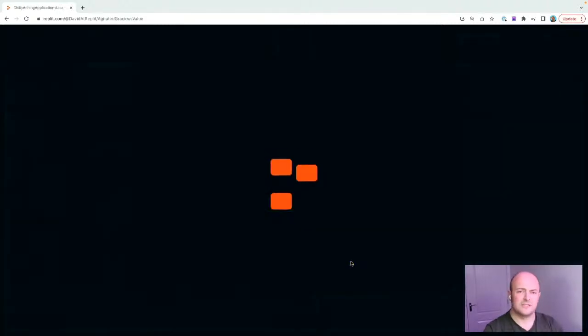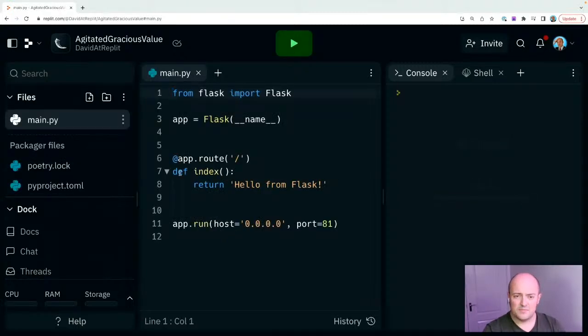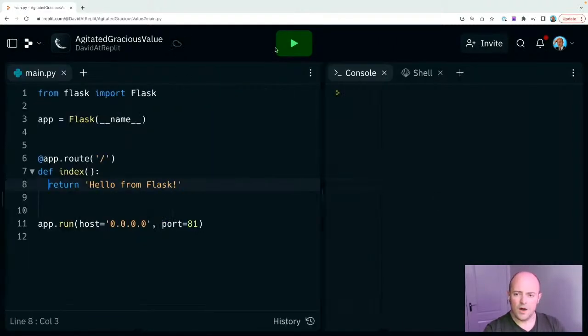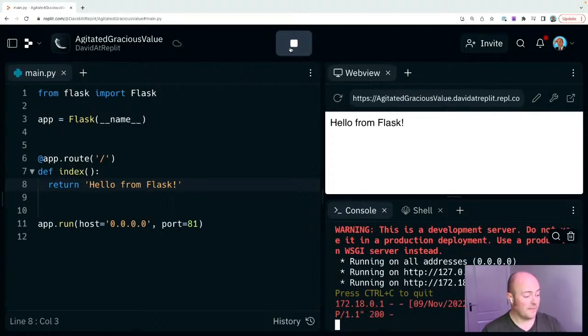I'm going to use the absolute standard template here, but you'll see that one of the things we get once it creates itself is some boilerplate code for the first time that is actually useful. And when I click run on that, it's not just the console that I'm getting now. In fact, what I'm getting is a web view as well. And that web view is being generated by my REPL. And this is quite powerful, and this is very different to any sort of development you might have done before.